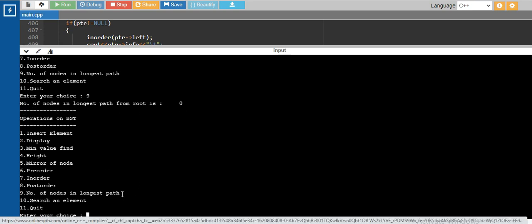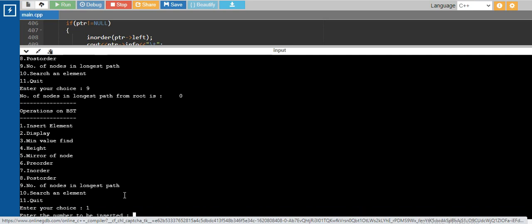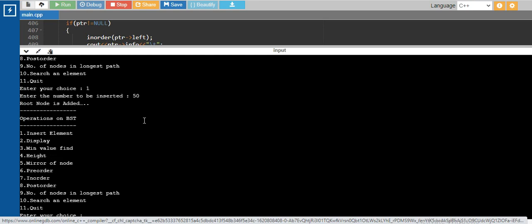So what we need to do is run this program by inserting elements. I will say first, and the value we want to insert is 50, for example. After inserting the 50, the message is displayed that the root node is added.